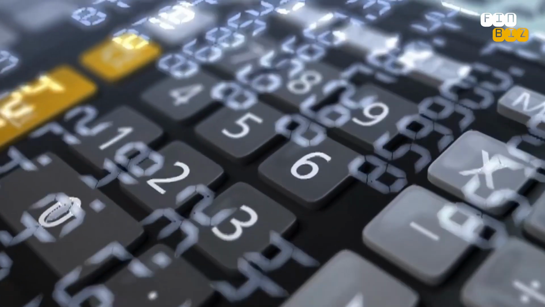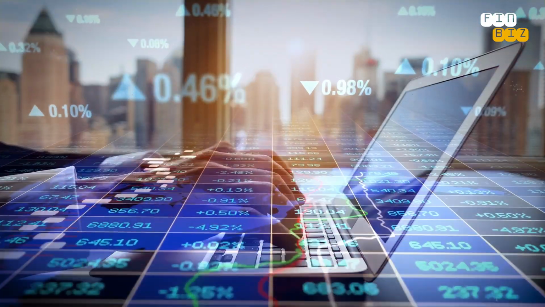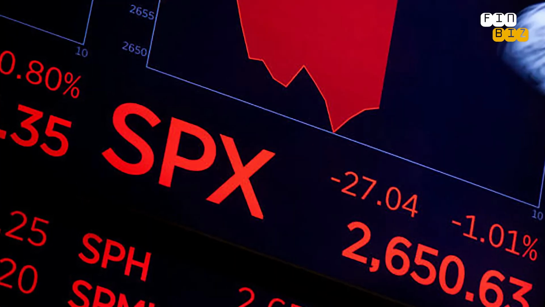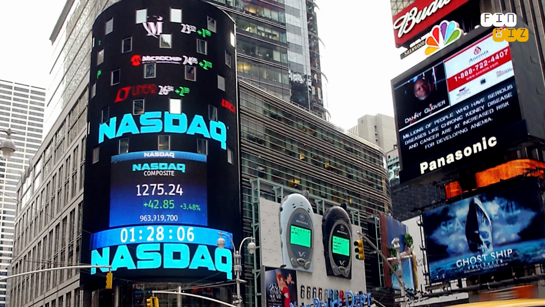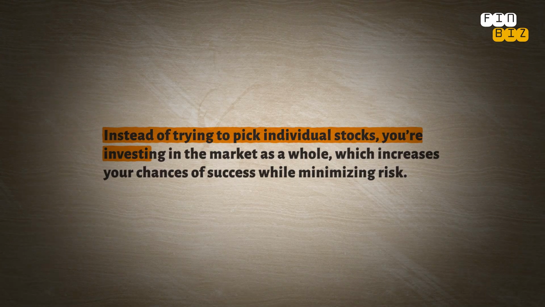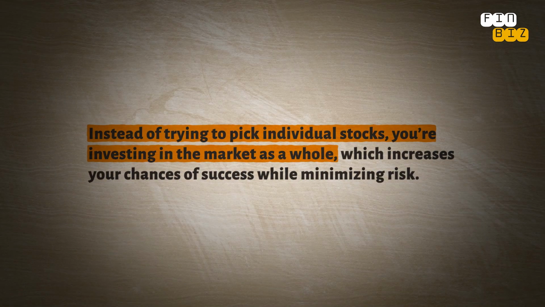One of the most appealing aspects of Warren Buffett's investment strategy is that you don't have to be a stock-picking expert to follow his principles. You don't need insider knowledge or complex algorithms to build wealth. One of the easiest and most effective ways to invest, like Buffett, is through index funds. Index funds like the S&P 500 track the performance of the overall stock market, giving you exposure to the growth of hundreds of successful businesses.